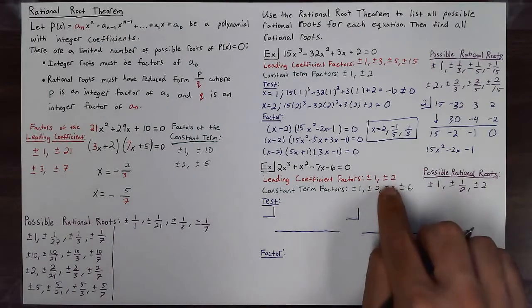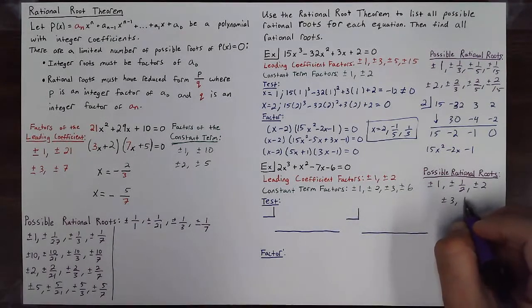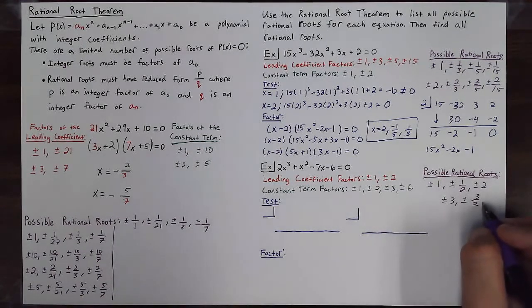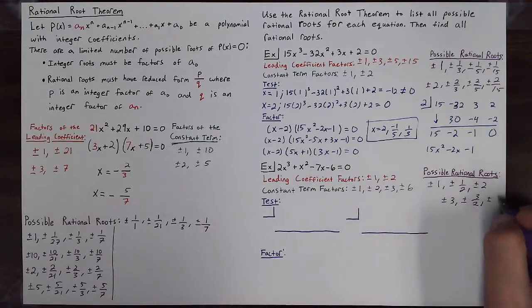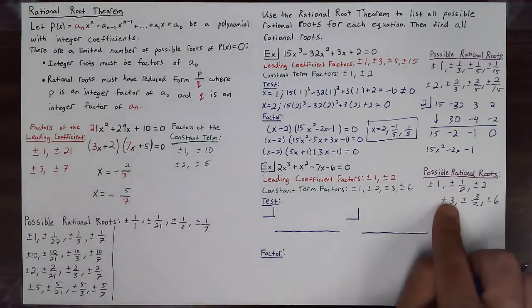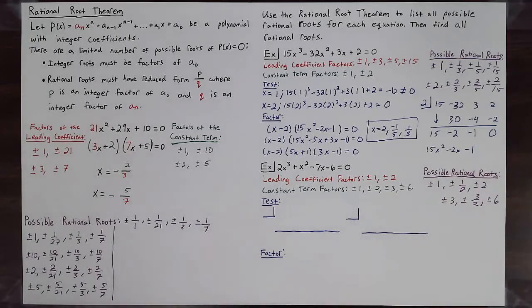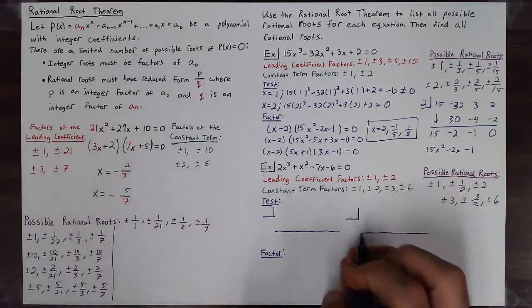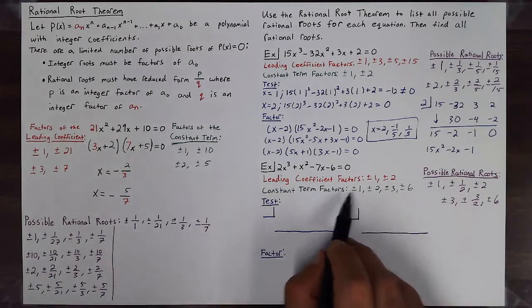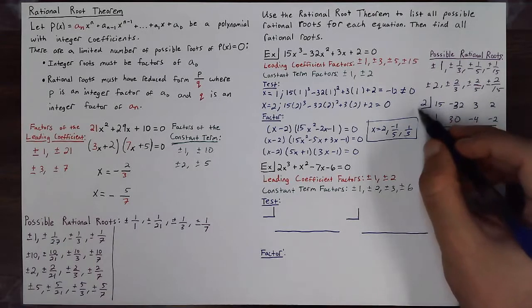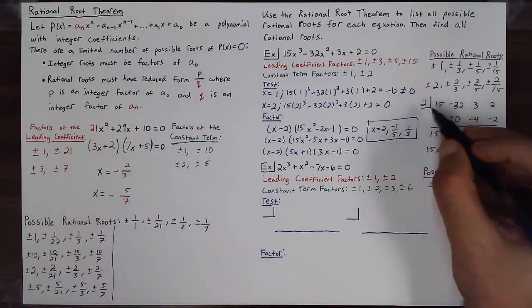And then 3 over 1, which is 3. And 3 over 2. And then 6 over 1, which is 6. And then 6 over 2, which is just 3, so I don't need to put it again. So these are all my possible rational roots. And another way you can test to see if it is a solution is to actually use synthetic division. Since we learned with the remainder theorem, if it's equal to 0 at the end, it's a factor,